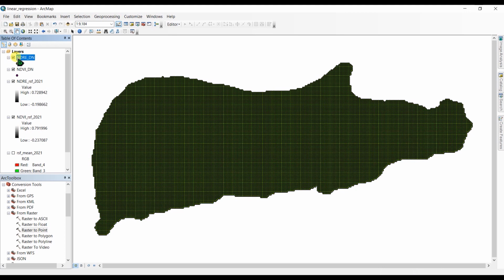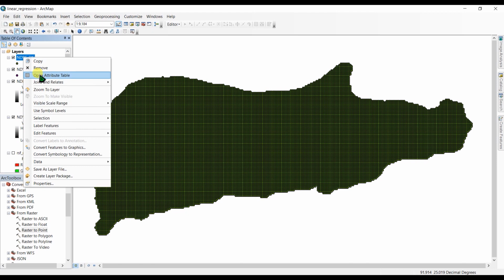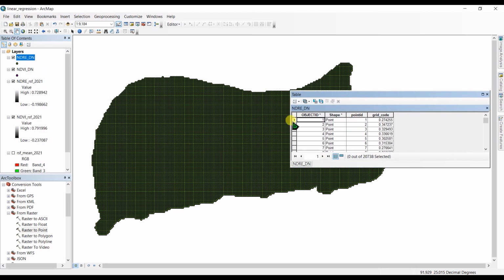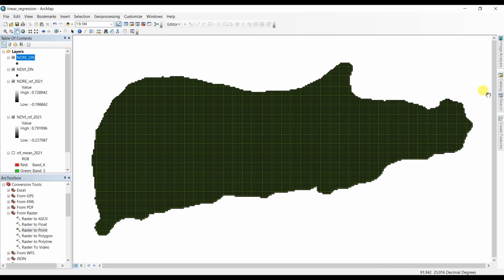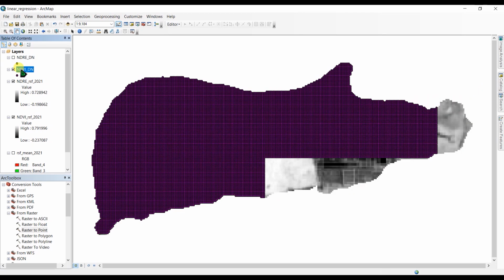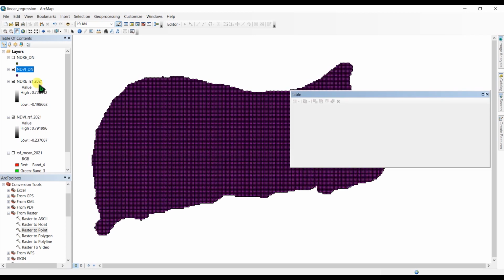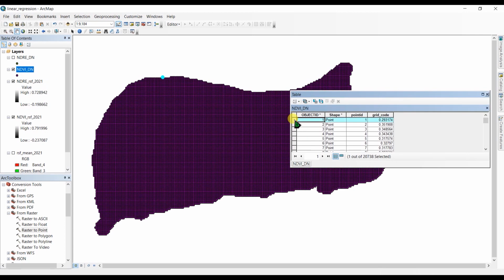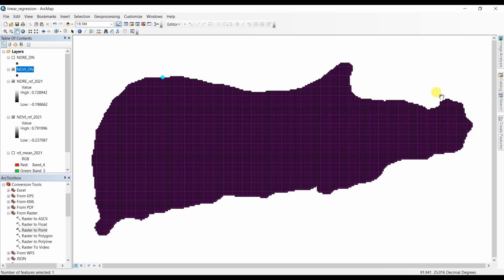and if you want to check that this point is corresponding to the same point, to verify that you can go to the attribute table and select the first object here, and you can see they selected this point, and clear this selection, and again go to the attribute table for NDVI, and if you select this, you can see this is the same point as before. Okay, so now we have to export our data